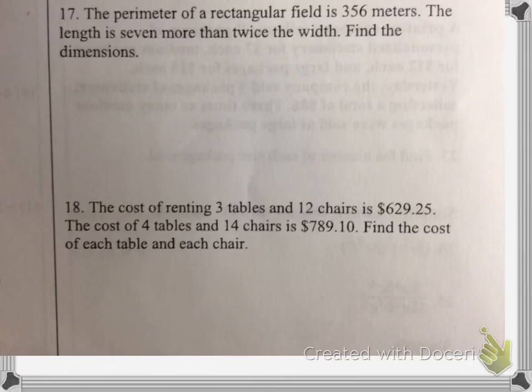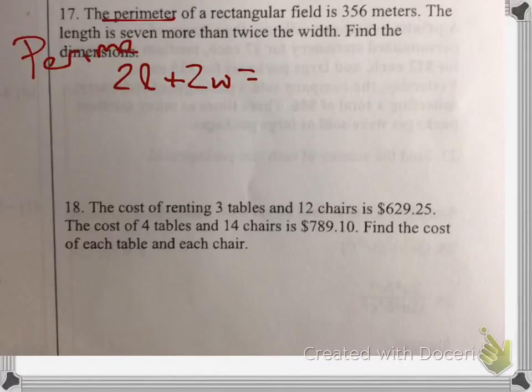Okay? And then 17, 18, 19, and 20, you can watch the test 7 review video, but I will also go over some of these. Okay? With 17, every time you see the word perimeter, you should be writing 2L plus 2W. So maybe you put perimeter on your note card and write 2L plus 2W. And then you could also make note of